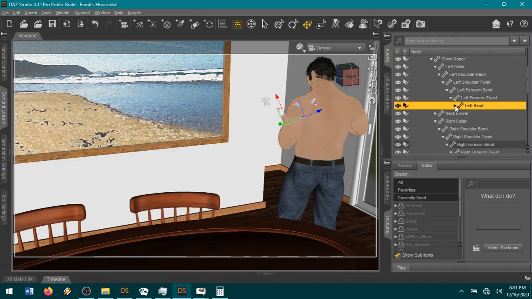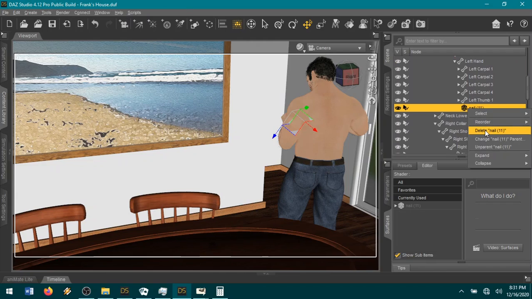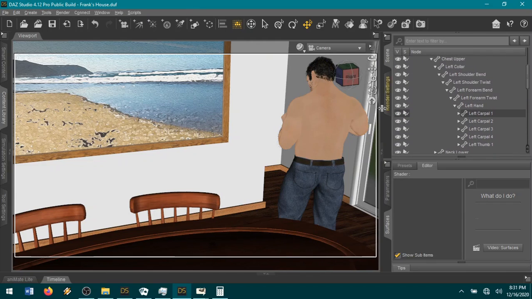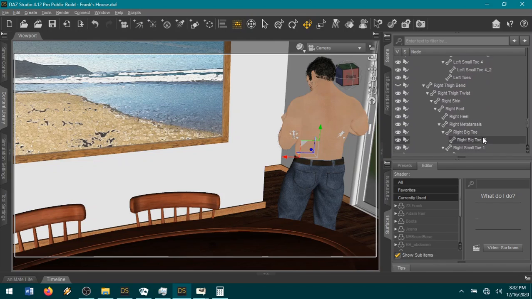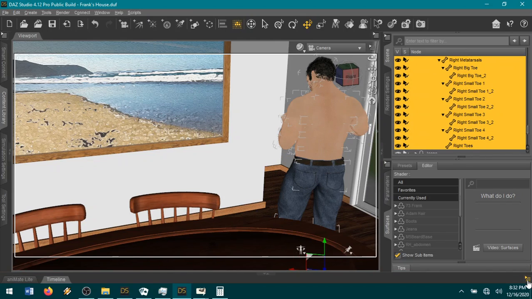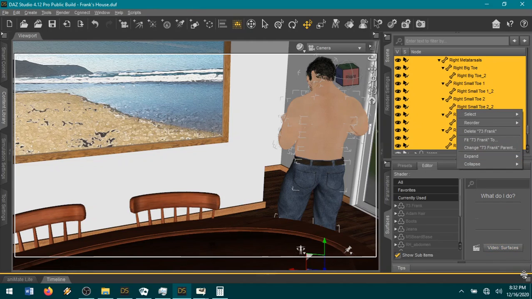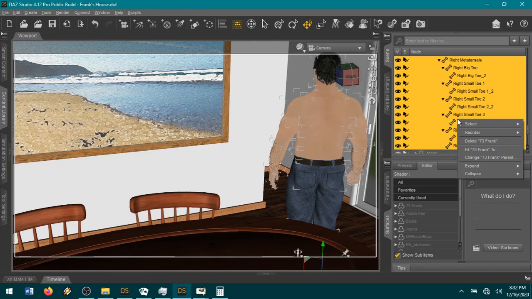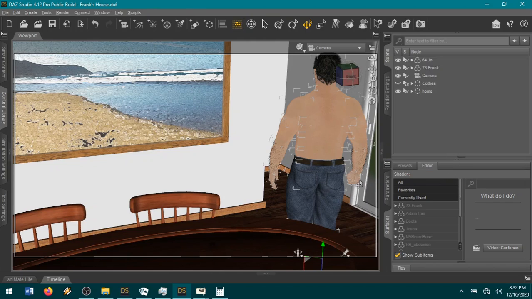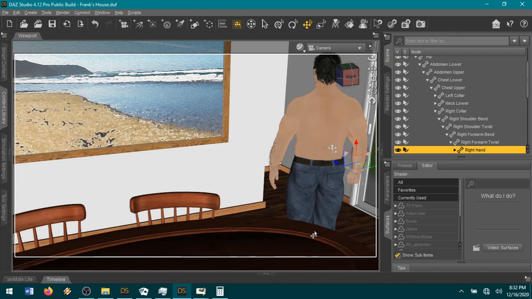Let's grab the hand and find the nail, and I'll just delete the nail. Let's go expand from selected. Grab all these, delete the, what did I do? Delete keys, there we go. Okay,